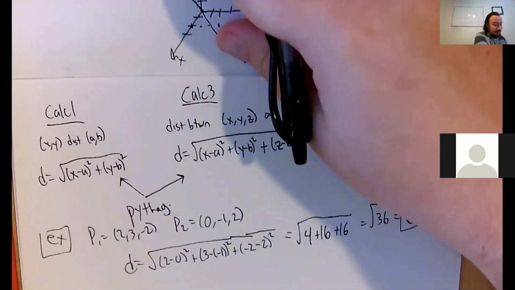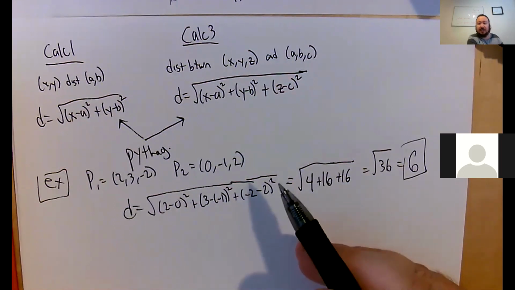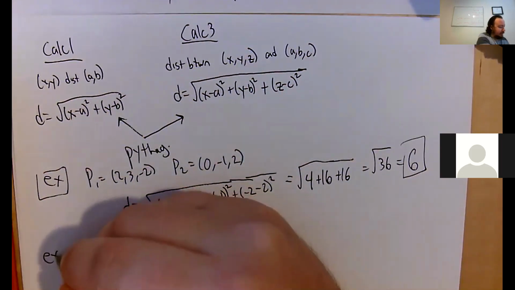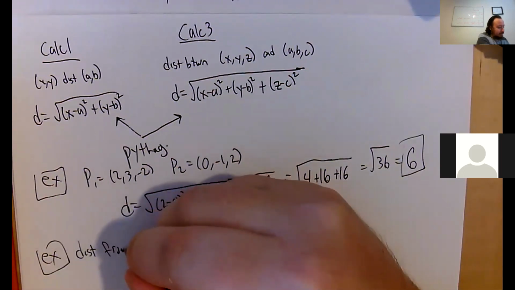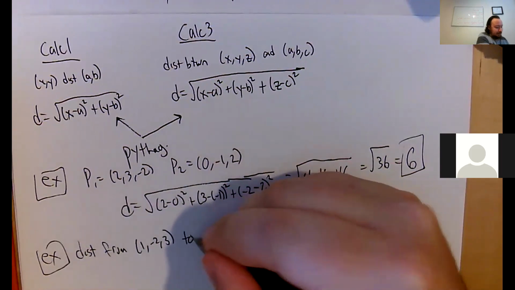3D space. All right. Now, what we can also measure is not only distance between 2 points, but we could also measure the distance between a point and, say, the XY plane. So in another example here, we're going to try to find the distance from (1, -2, 3) to a bunch